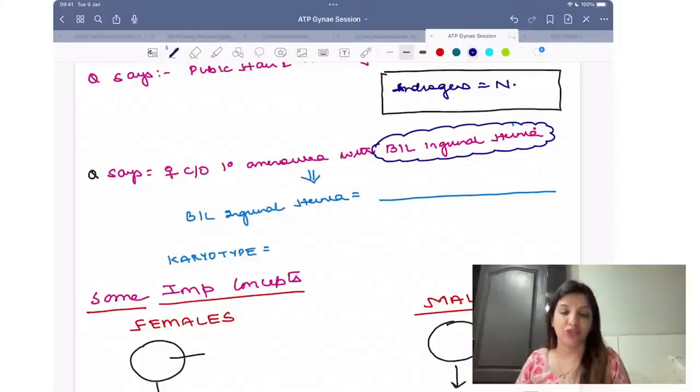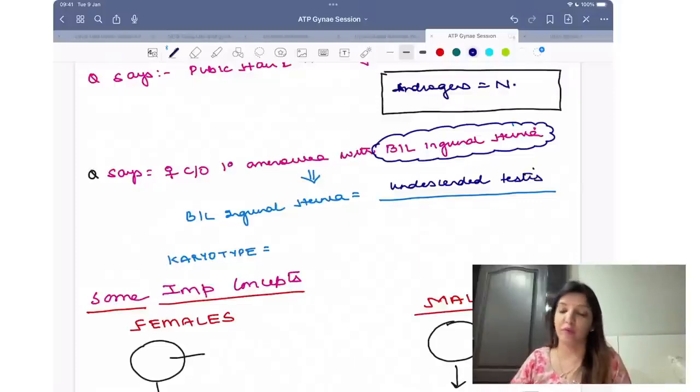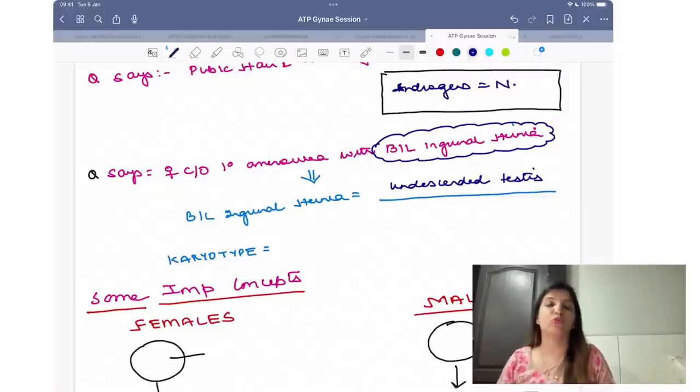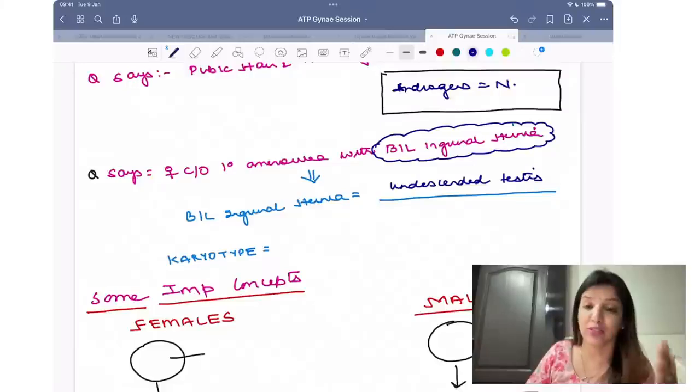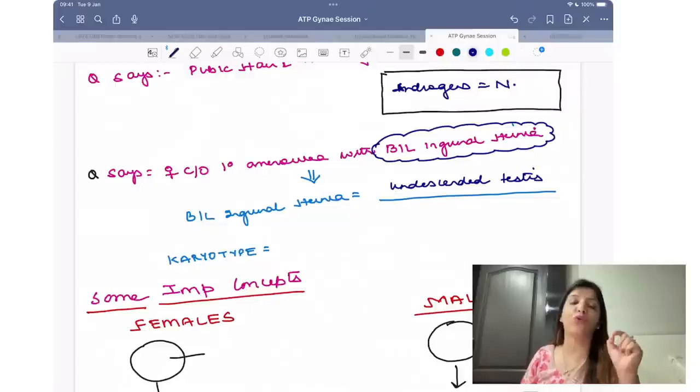Actually, it is not bilateral inguinal hernia. Actually, they are undescended testes. These are small hints which you have to remember, because I know all of you are so confused whenever you get questions related to primary or secondary amenorrhea. So these are the hints which are going to tell you how you are going to come to a diagnosis. So whenever your question is saying that there is primary amenorrhea with bilateral inguinal hernia, that means they are undescended testes, and that means karyotype is